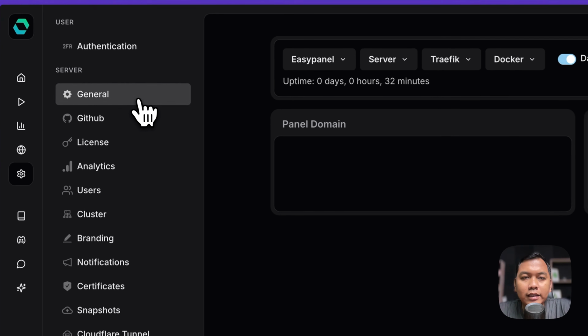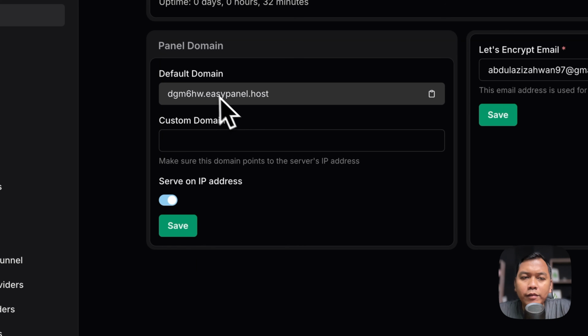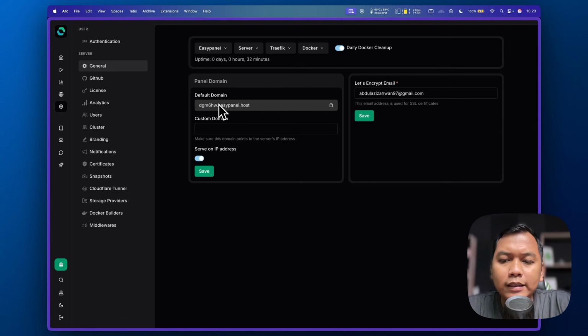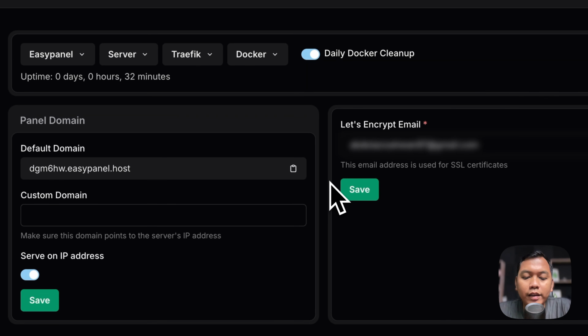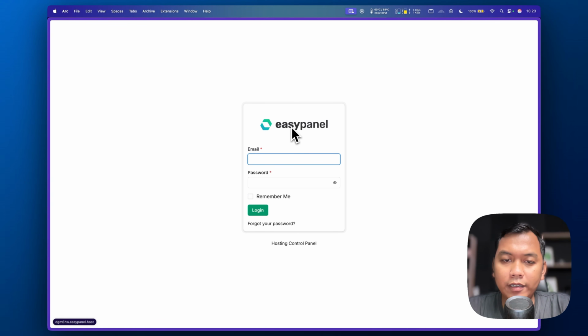And then General here. By default, our EasyPanel will get a random domain here, which is kind of like this .easypanel.host. And if we copy this and go to it, it will be the same. It will bring us to our EasyPanel, as you can see here.